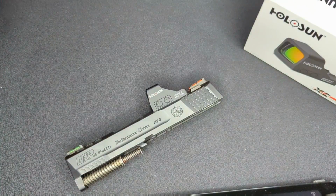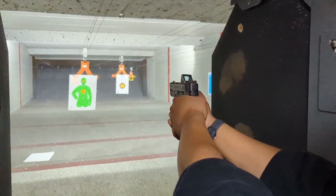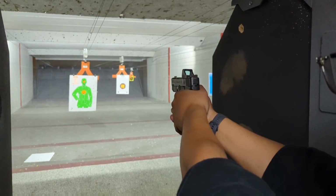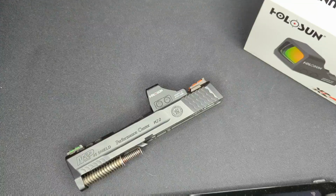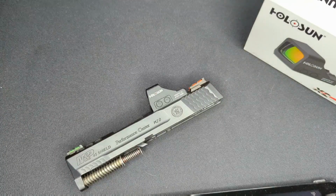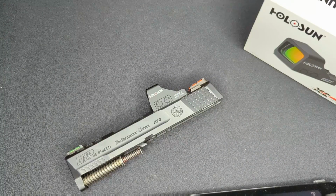It's never flickered on me, never died on me, it's never lost zero. I've got about 500, 600 live fire rounds through it, and countless dry fire rounds at this point. As I mentioned, Shake Awake is awesome. The glass is clear, doesn't have any blue tint to it or anything like that. And just, like a nice bonus, having it basically zeroed at 25 yards from the factory